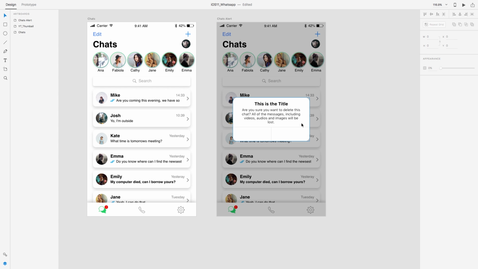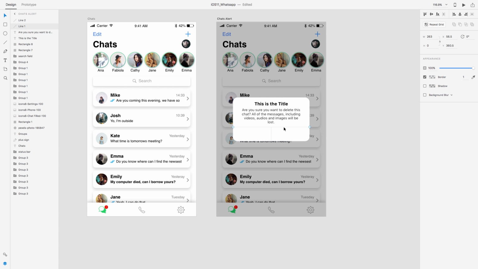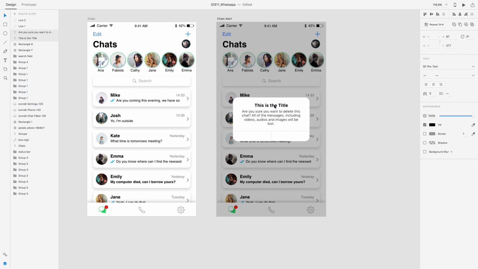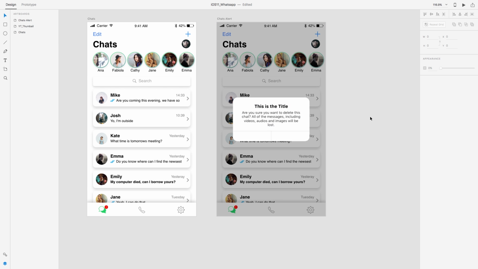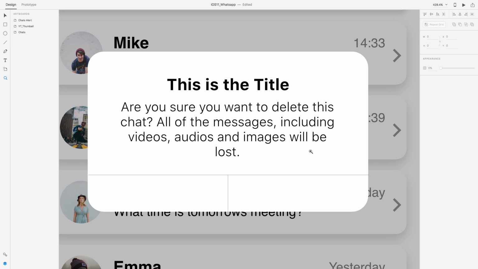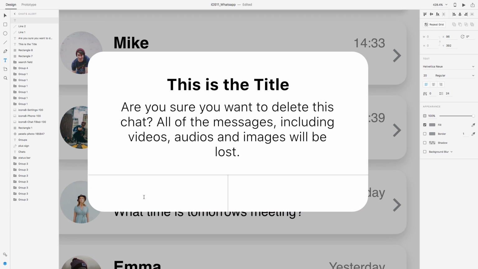And now you can see that maybe this section of the buttons is a little bit big, so I am going to drag this line a little bit down, and I'm going to have to cut this one out, and then I'm going to select both the title and the content and drag them a little bit down, just like this. And in these sections I need to add some more text, so I'm going to type cancel in here,